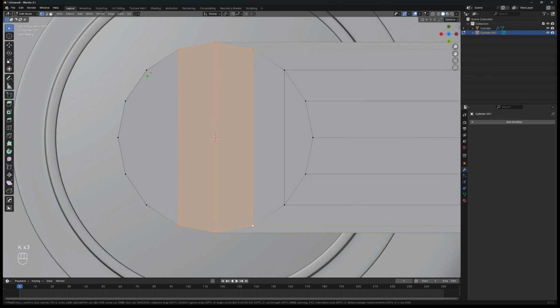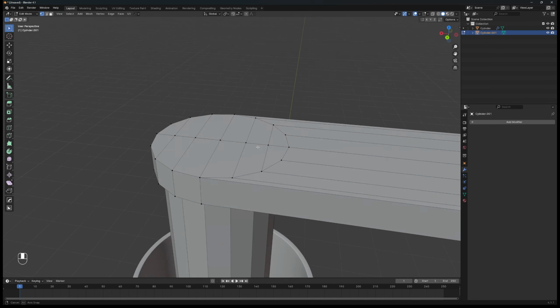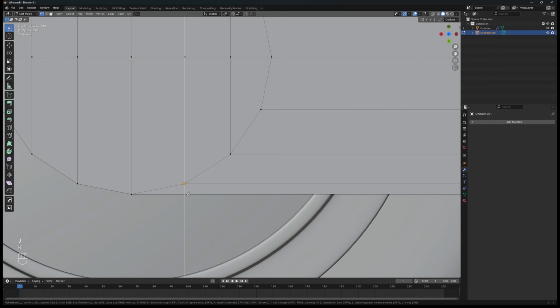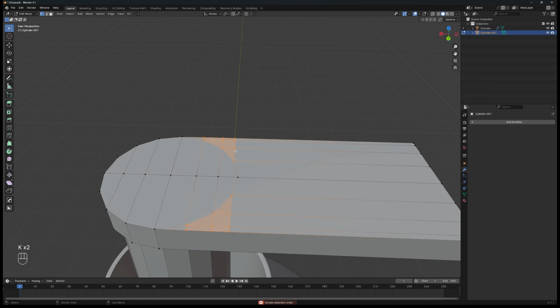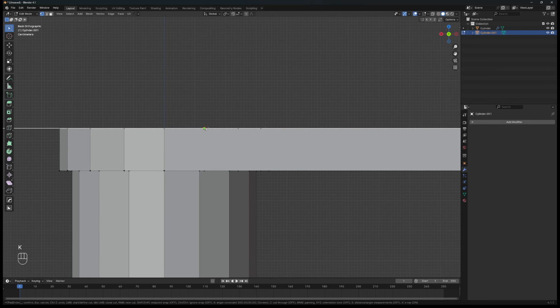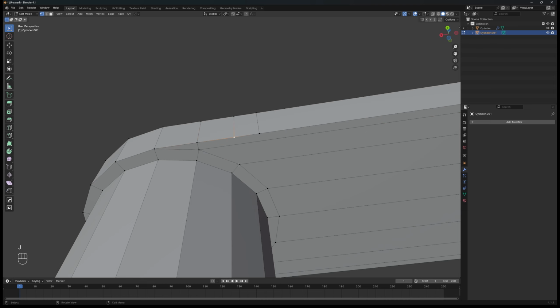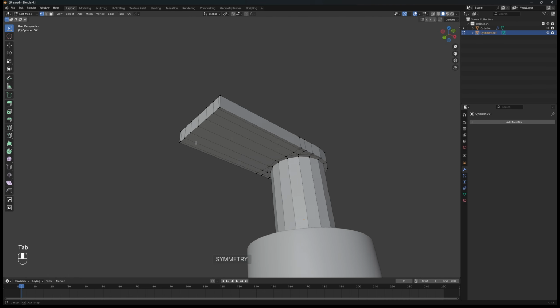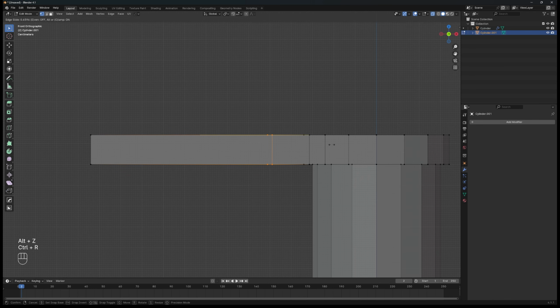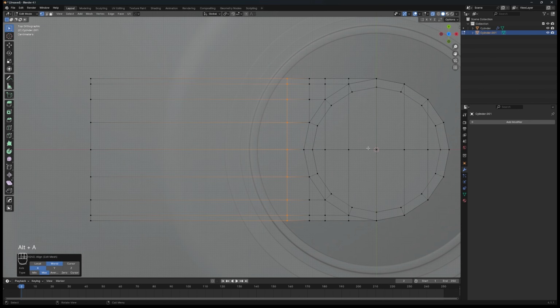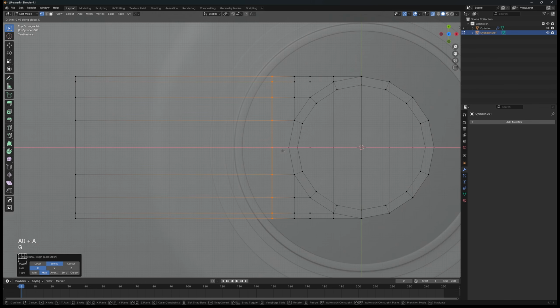In edit mode, move to the top view, then connect the circle vertex with the knife tool, press K to turn it on. To straighten the knife tool, press A to straighten it based on angle, or you can do the XYZ rule too here. Do this on the right and the left of the shape, or you could symmetrize this or use the mirror modifier. On the square shape, add a loop cut there, Ctrl plus R, then slightly drag it to the circle on the right and then straighten the vertex.